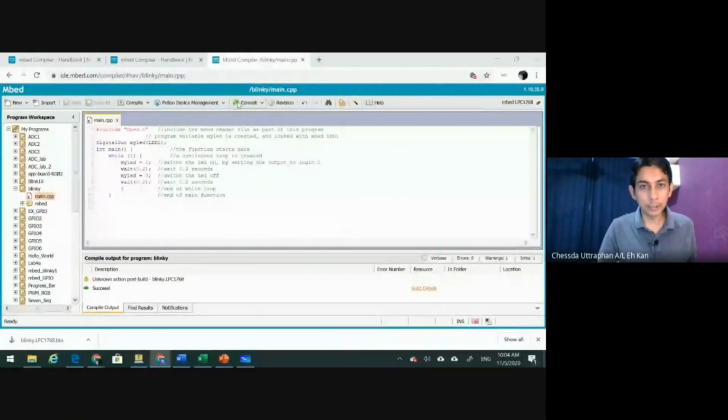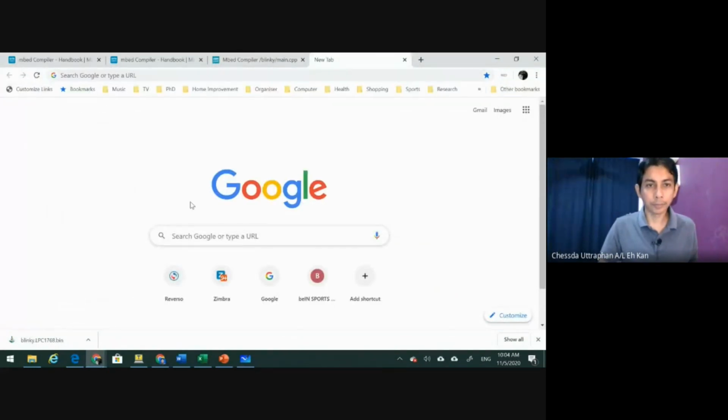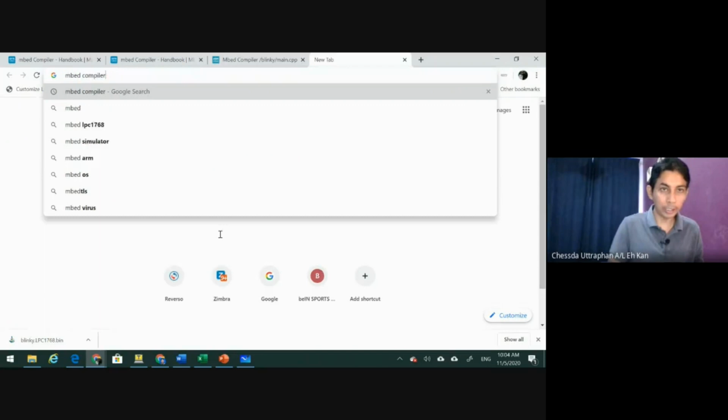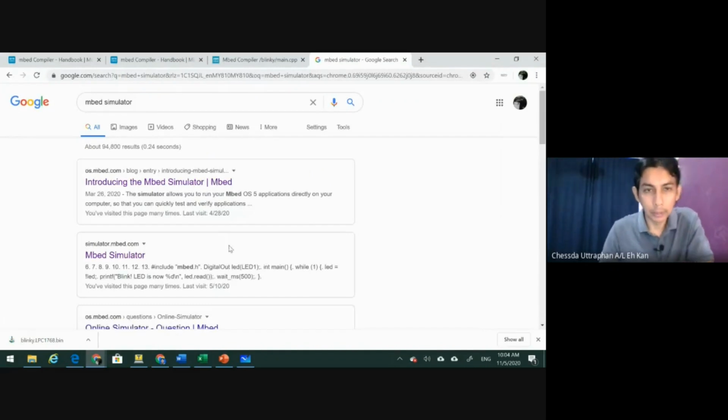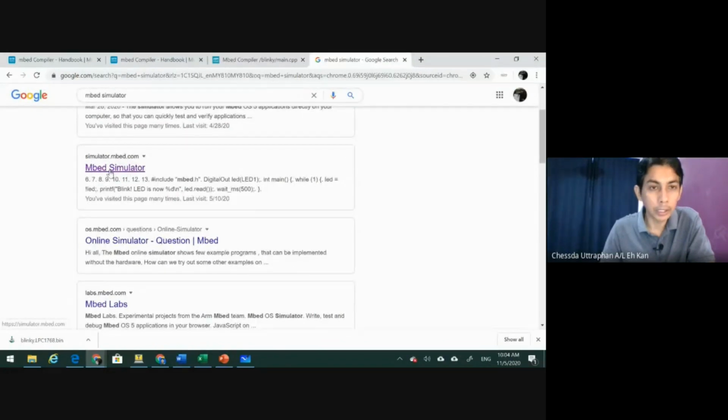But luckily we have the simulator for this. You can go to this website. So you can use your computer now to go to Google. You can type Embed simulator, not compiler now, simulator. Do you have that? So here, simulator.embed.com. Click this,